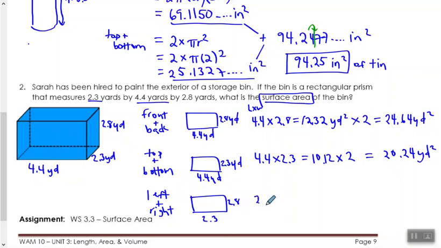So to find my area, 2.3 times 2.8. Oh, sorry, my writing's so bad, you guys. And you get 6.44. And now you have two of them, so times by 2, and you get 12.88